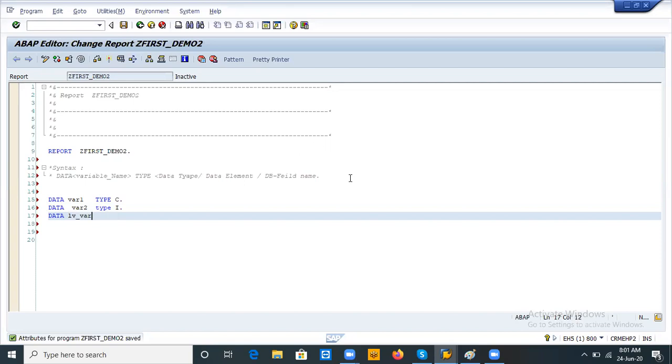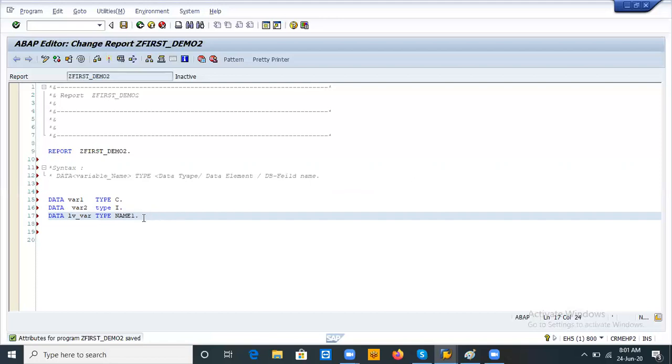LV variable, type, and here I am using NAME, name one field, which is a data element. That data element I am using.